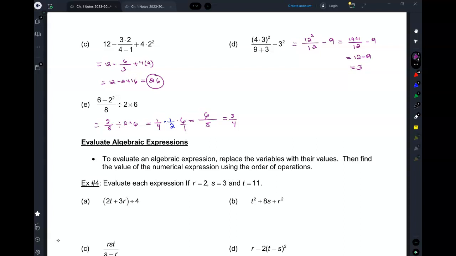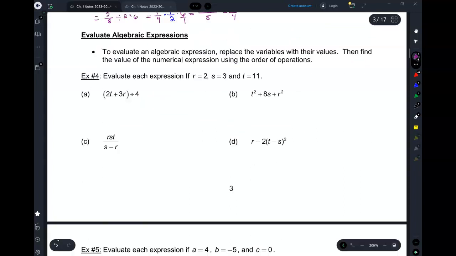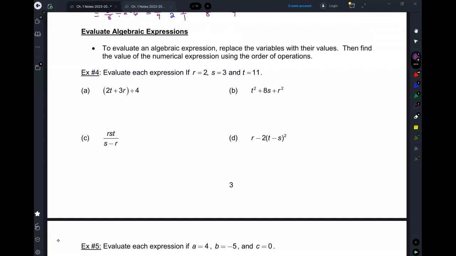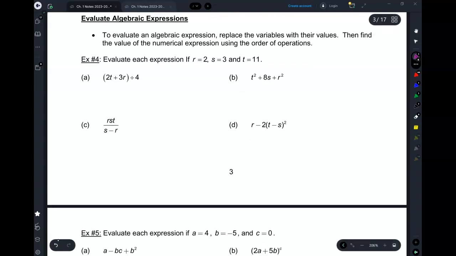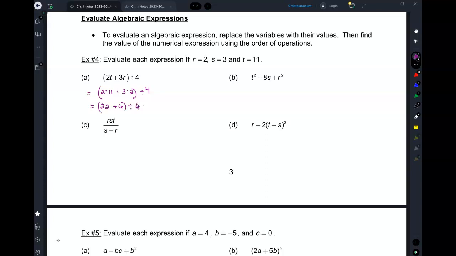Okay? All right. So how about evaluating algebraic expressions? So you guys have seen this before. You have to evaluate this, but you're given values for this. So let's do a couple of these. So 2t, 2 times 11, so in parentheses, 2 times 11 plus 3 times 2 divided by 4. This is 22 plus 6 divided by 4. 28 divided by 4, 7. Did I go too fast? Okay,